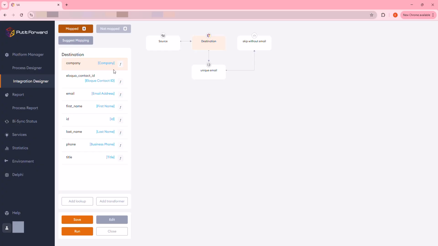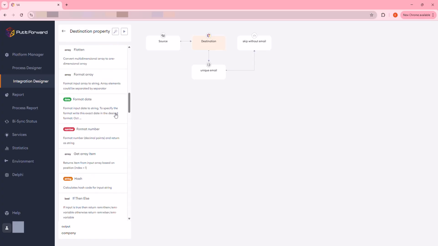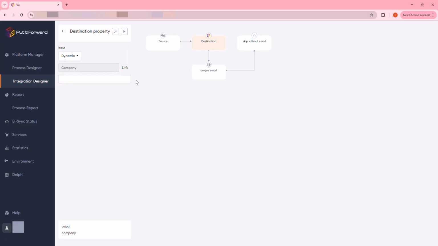Sometimes you would need to transform data because of destination system requirements or the difference of data format between two systems. To do so, you can use one of the available transformers. There are over 60 of them. You don't have to know all of them. You will just have to express what you need to transform using natural language, and AI assistant will suggest the best suitable transformers. For example,